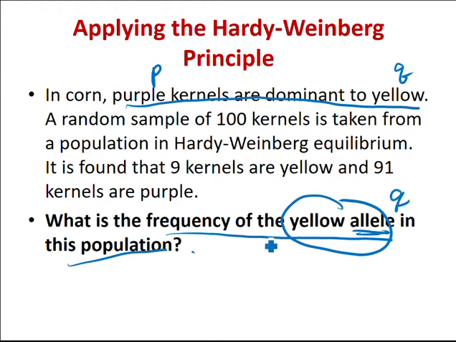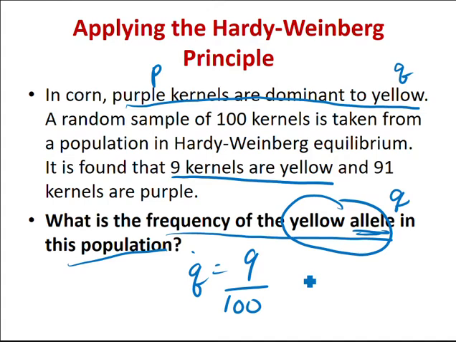So this is very simple. There's only 9 yellow. All you have to do is 9 divided by 100, which gives you